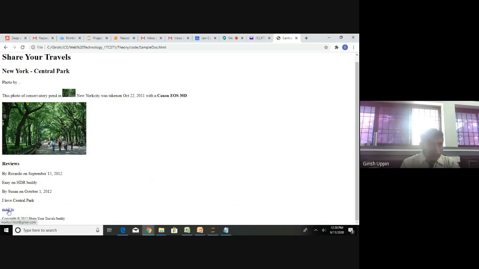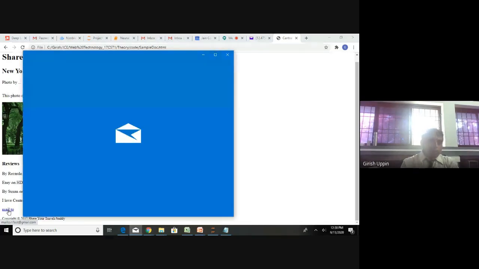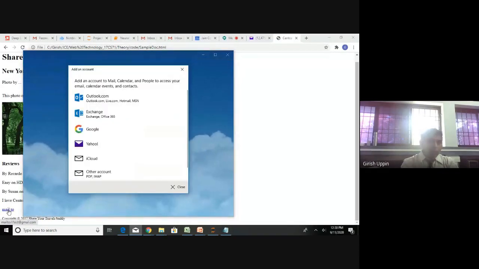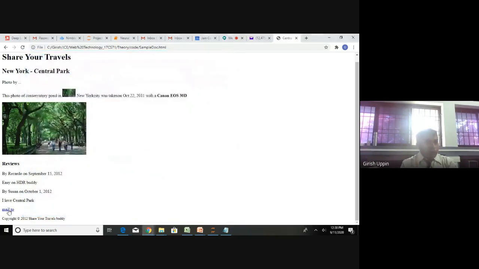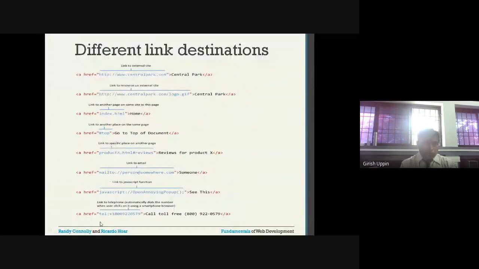And also you can see that the highlight is showing the email ID. When I click on this, it will open some default application which is related to mail. Right now it is not configured. My laptop is not configured. Otherwise, if you have Microsoft email, it will open that Outlook and it will have that particular address. Right now, nothing is mapped. That's why you are seeing it like this. Similarly, you can have the telephone number, or you can run the JavaScript as given in these examples here. So this is the telephone and this is the mailto.